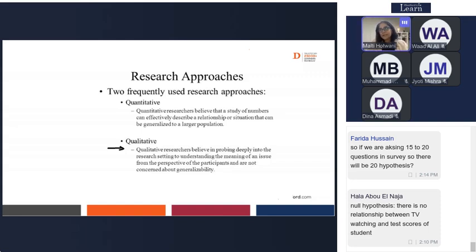As far as quantitative analysis is concerned, here you will be asking closed-ended questions, which will be multiple choice, like scale and ranking, and you will have around 15 to 20 questions and around 50 survey responses. For both of these you will have to ask demographic questions, that is your age, income, designation, study background. Apart from the main questions, you will ask the demographic questions to understand the demography of your respondents.